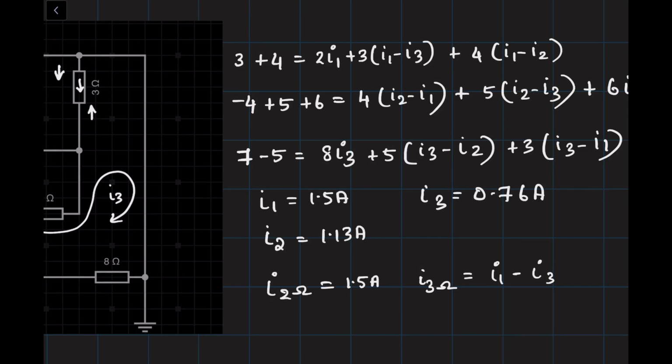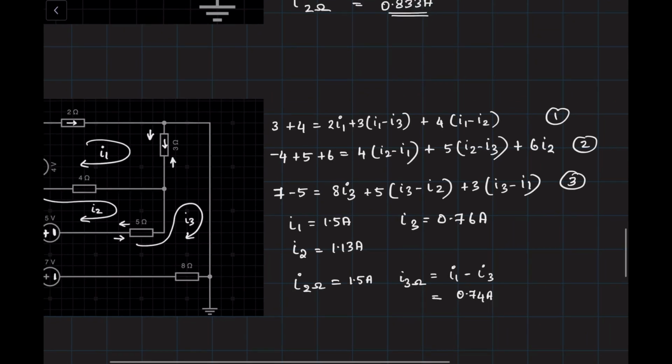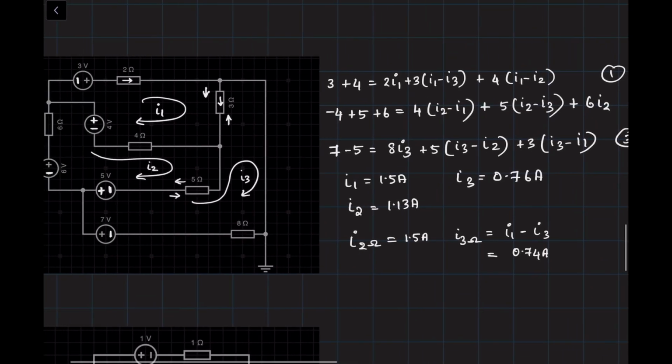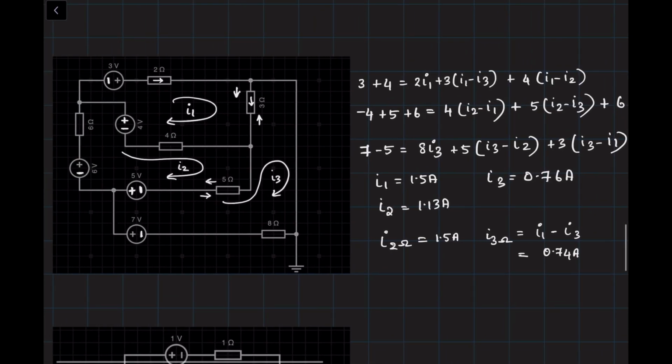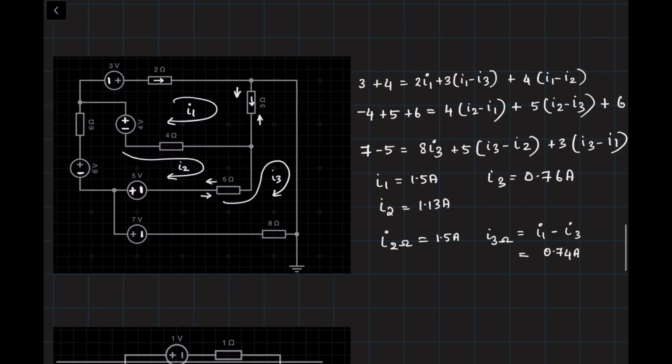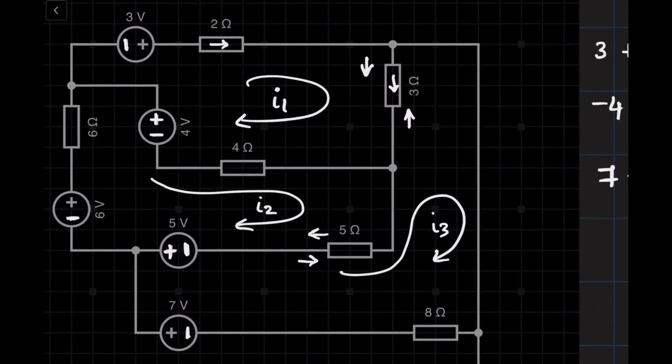So that current flowing through 3 ohm will be equal to, once you substitute values for I1 minus I3, you get 0.74 ampere. Okay. Now let's find the current flowing through 4 ohm. Here we have 4 ohm. 4 ohm, the current values, let's see. I1 as well as I2, both are flowing,